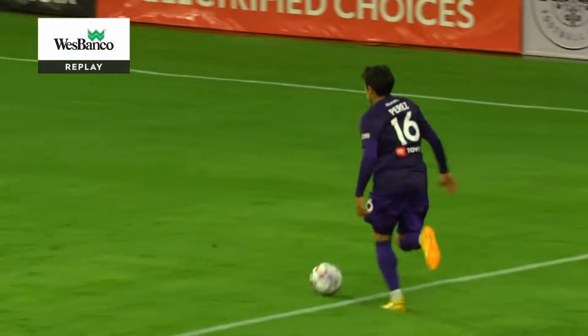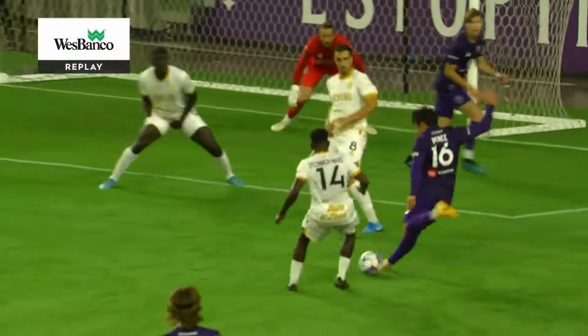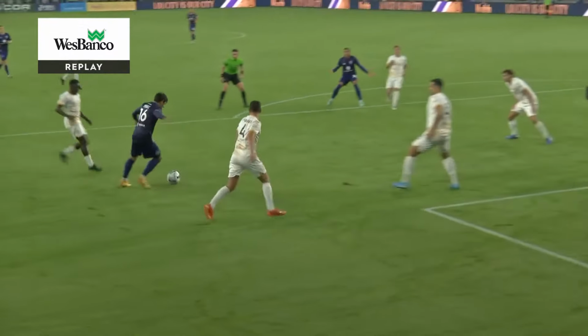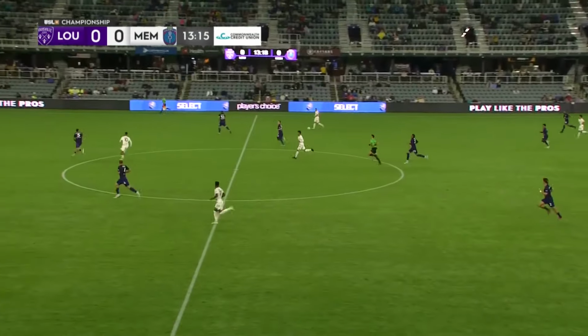Shimmy here by Perez to shake off the defender. Open things up right there. Did have a ton of traffic in front. Perhaps should have gone far post. Snatched a little bit. Those wide areas continue to...